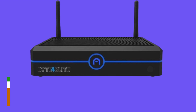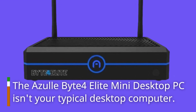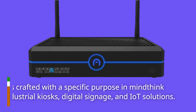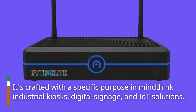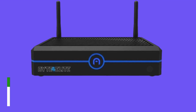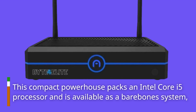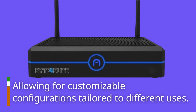The Azulle BYTE4 Elite Mini Desktop PC isn't your typical desktop computer. It's crafted with a specific purpose in mind. Think industrial kiosks, digital signage, and IoT solutions. This compact powerhouse packs an Intel Core i5 processor and is available as a barebones system, allowing for customizable configurations